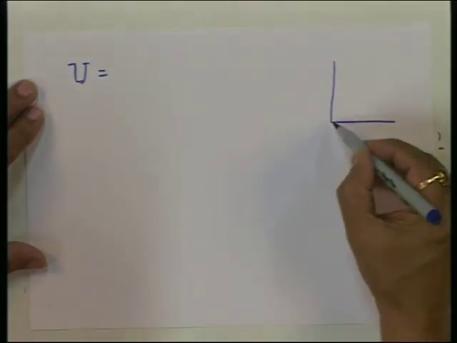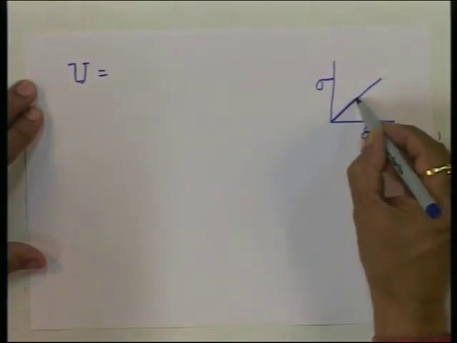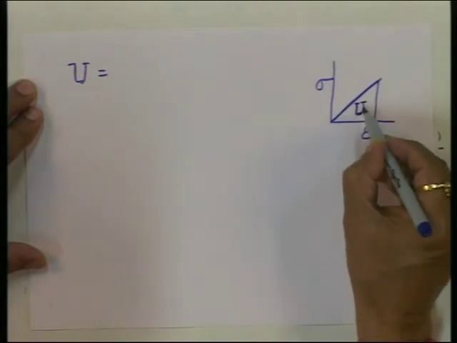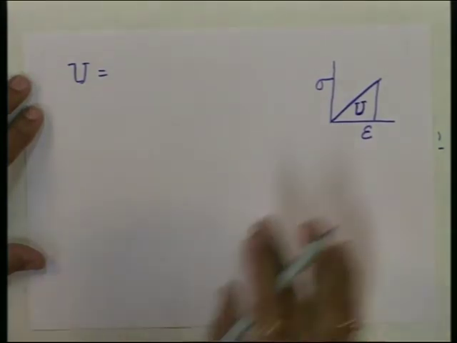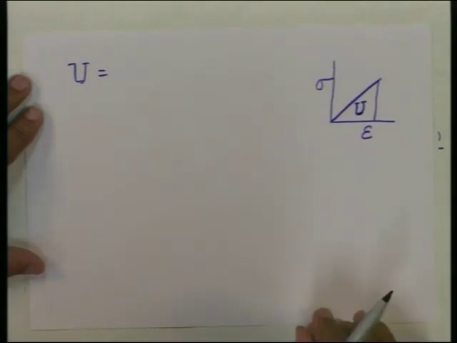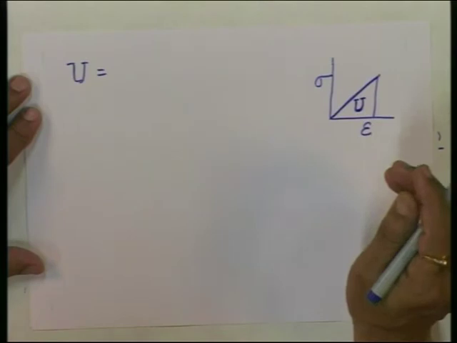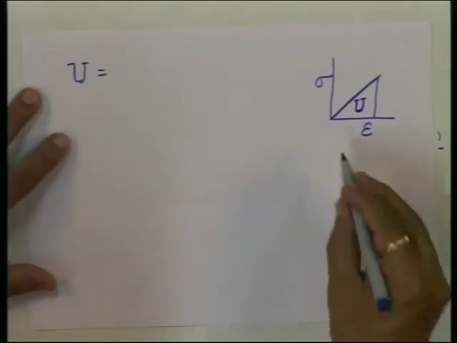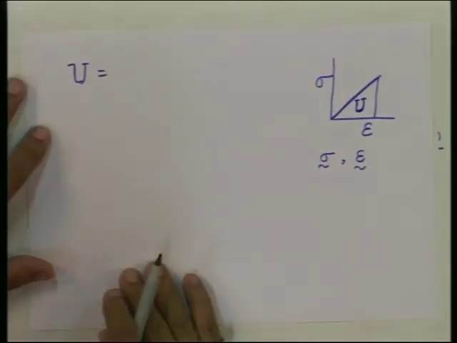If this is stress and this is strain, so stress is increased and you stop it here. So, the area under the curve denotes some kind of energy. In fact, it is per unit volume. That is a different matter, but it is some kind of energy that I can tell you. And that is half times the area of the triangle, half sigma into epsilon. So, if you have all the 6 stresses, everything present, you have sigma, you have strain, everything present in the body.